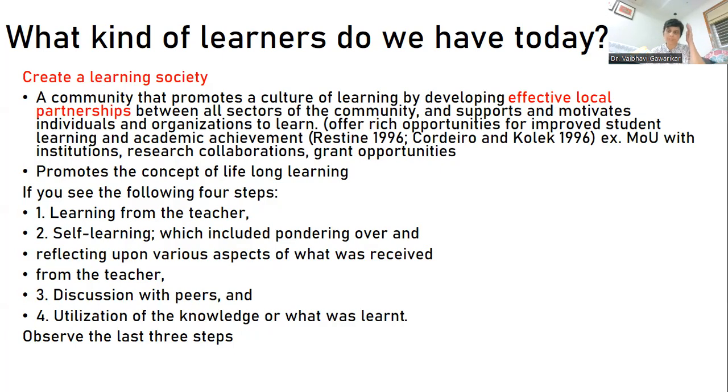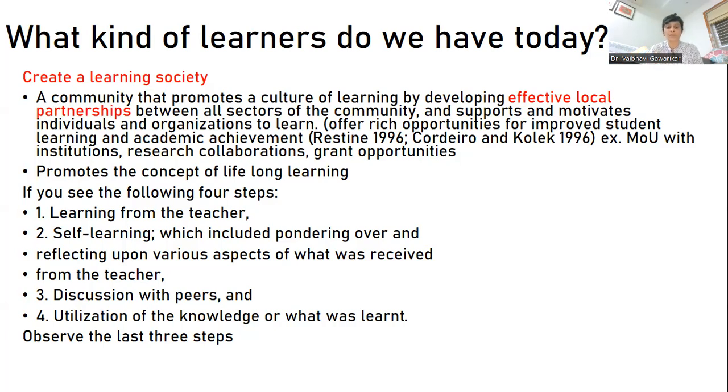Third is, once the first step is the teacher giving it, and the second step is you pondering about it, the third step is, when you have done these 2 processes, discussion with the peers, with people around you, so that you get those perspectives. I might have researched something, my friend might have researched something else, so I need to understand what he has researched, and he has to understand what I have researched and what my perspective is, which is about collaboration, building perspectives together.